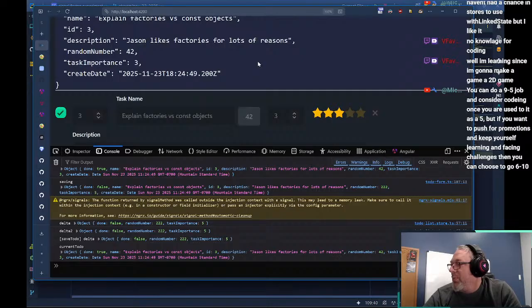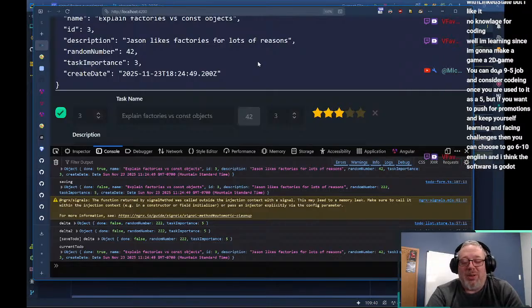If you want to push for promotions and keep yourself learning and facing challenges, then you choose to go 6 to 10. Right, and that's the thing: like any job, there are levels within it, and depth and importance. But the nice thing about coding is it's the great equalizer across the entire globe. The barrier for entry to coding is very, very low.